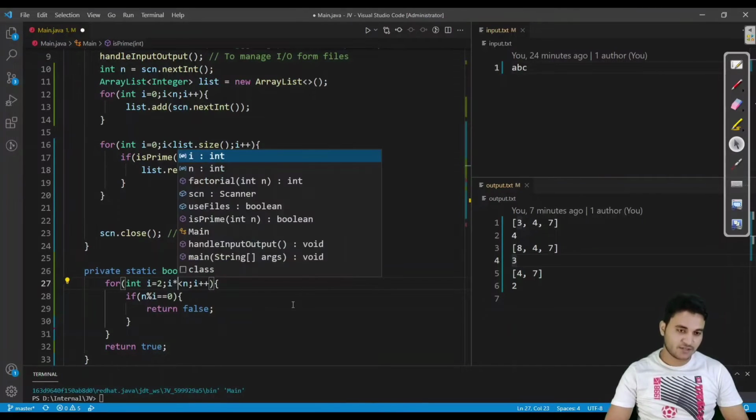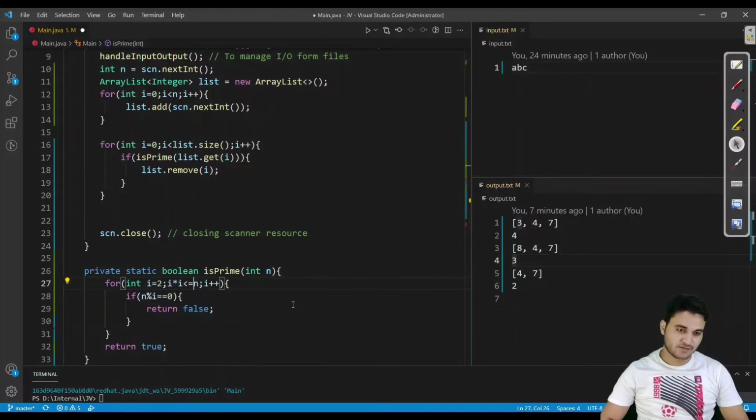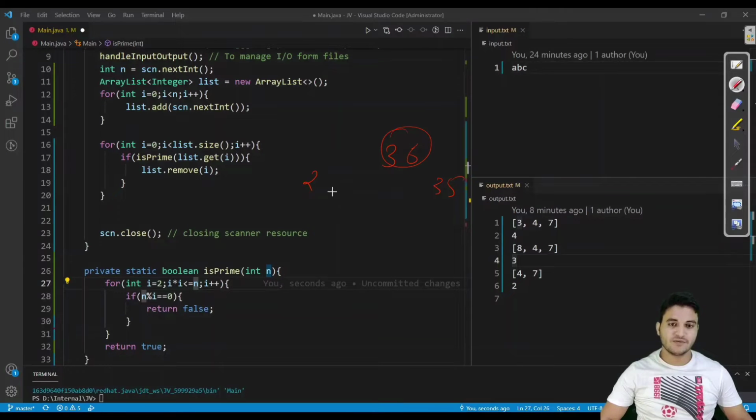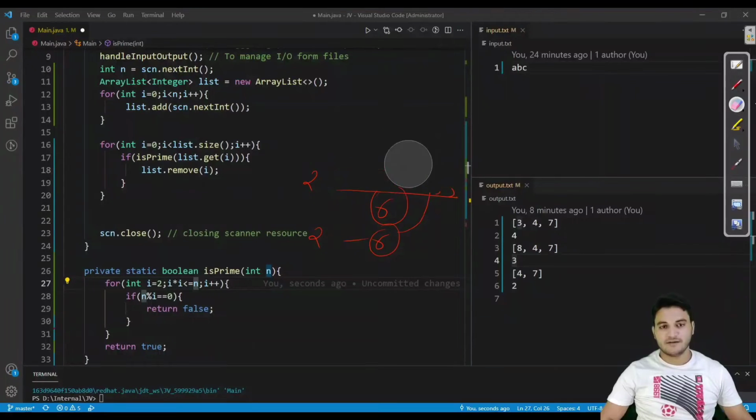And I think we do not have to check till n, we just have to check till root n. This is the optimized solution for prime numbers. If it is not clear to you, let me explain. Ideally you should watch my prime number video, but still I want to explain. Let us say we are calculating prime for 36. So one way is to start from 2 and go till 35. If this number is divisible by any number, then this is not a prime number. Another optimized solution could be to check only till its root, which is 6. If 36 is divisible by any number from 2 to 6, then this would not be prime. Why? Let me explain.